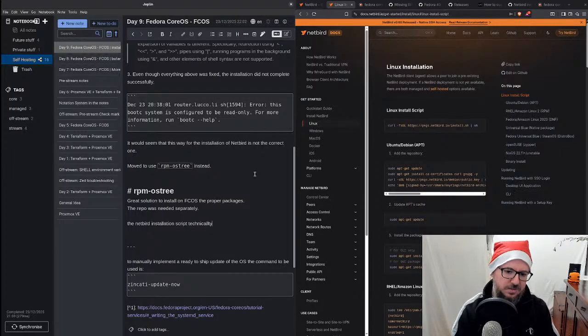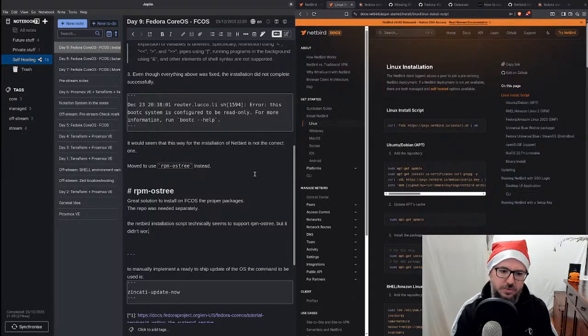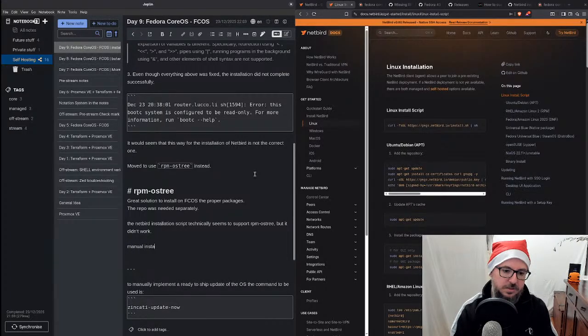And the NetBird installation script technically seems to support RPM OS 3, but it didn't work. Manual installation with RPM OS 3 didn't work either, as there is an issue with